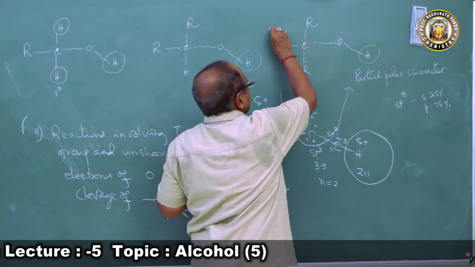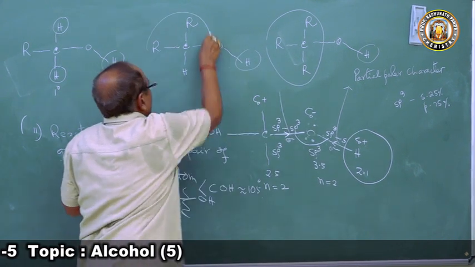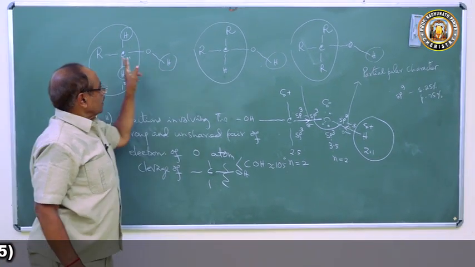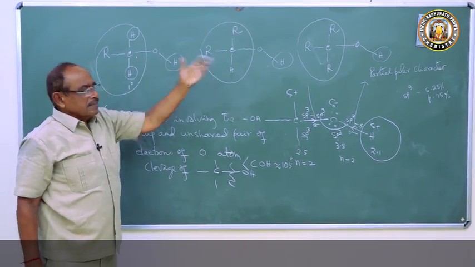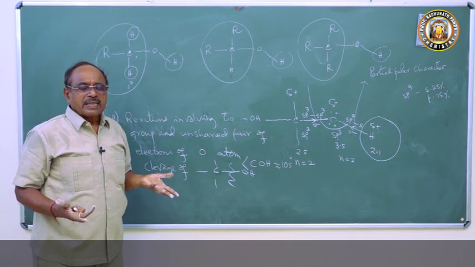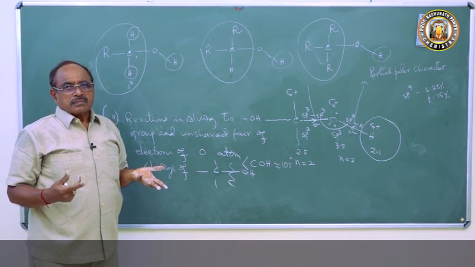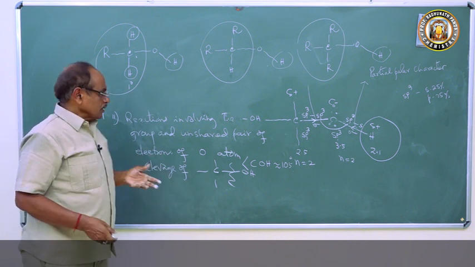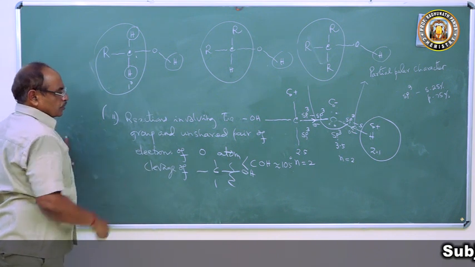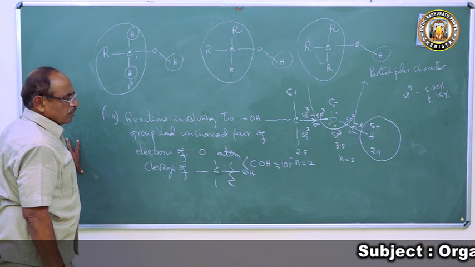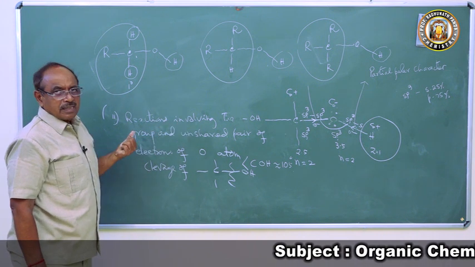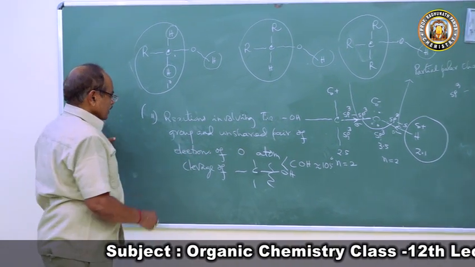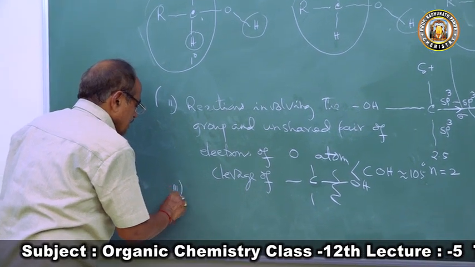Hence, in this part, the three alcohols differ. There is a primary carbon atom, a secondary carbon atom, and a tertiary carbon atom. So reactions involving the carbon atom, the non-polar part of the molecule, will differ. In the first type, reactions due to the hydrogen atom, reactions involving the OH group will be identical or similar in primary, secondary, and tertiary alcohols, and the third type is reactions involving